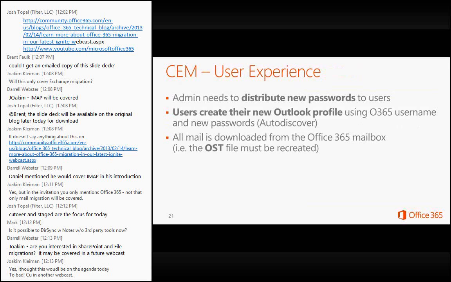So the user experience: the admin would need to distribute the password. As we've said, users would need to create the new profile using the Office 365 username. So it could be the UPN, the user principal name, for accessing Office 365. And then you would need to create the autodiscover record. So you can go into the Office 365 portal, and under domains you will see the